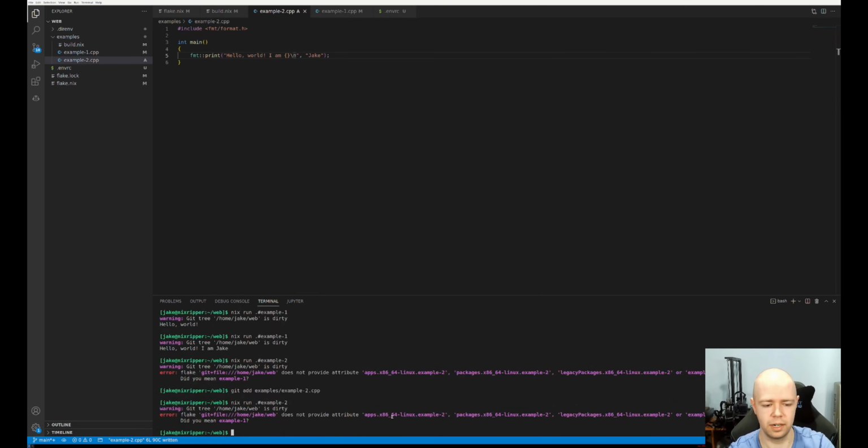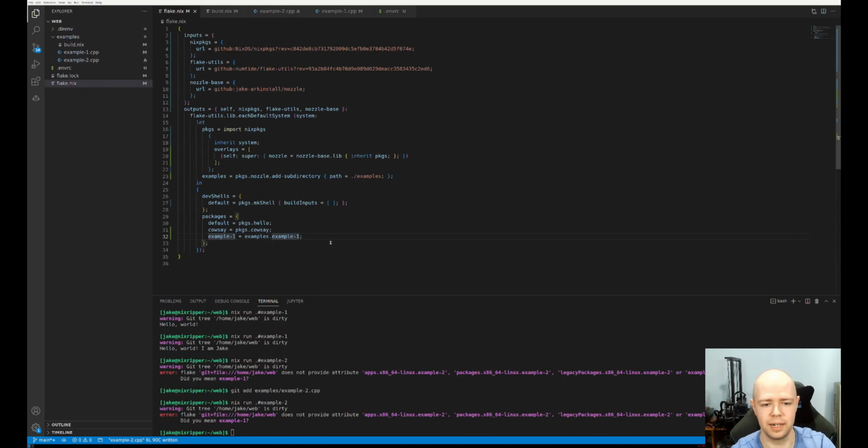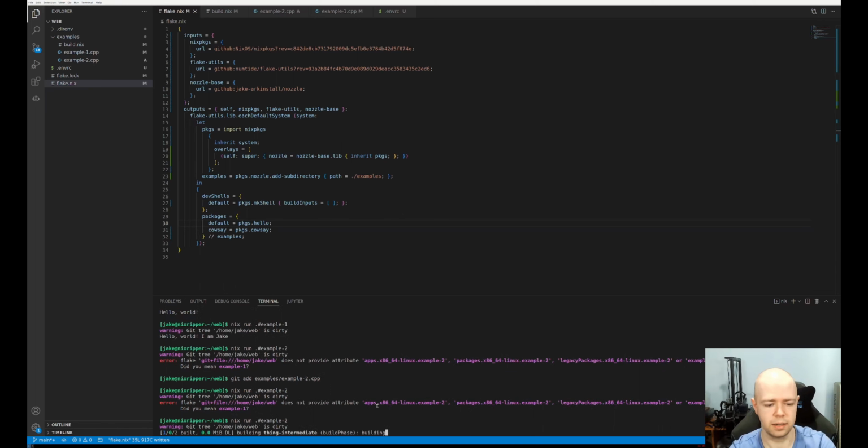Okay, next run example2. It's saying I didn't provide it because I forgot to add it here. Now I'm going to cheat a little bit and do this. This is basically a way of saying everything inside of examples, add it to packages with the name it's given, the name that's provided. So I do this, run example2,